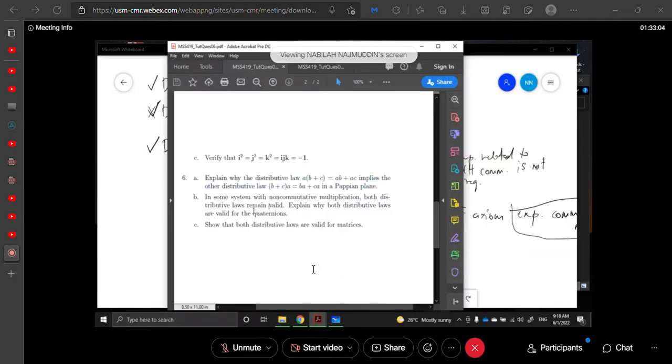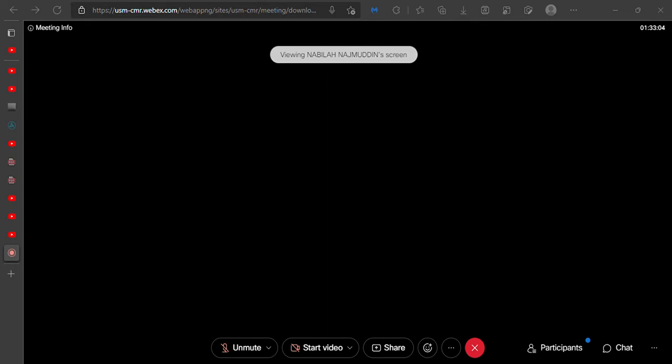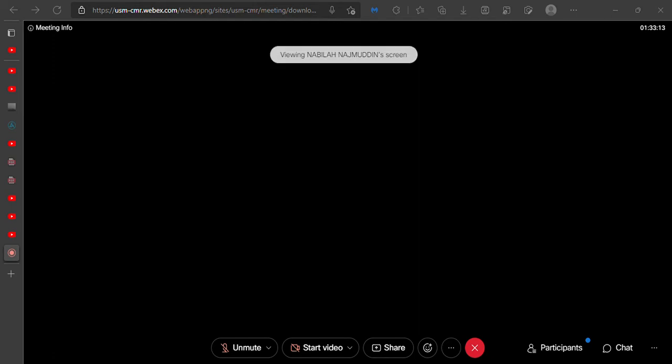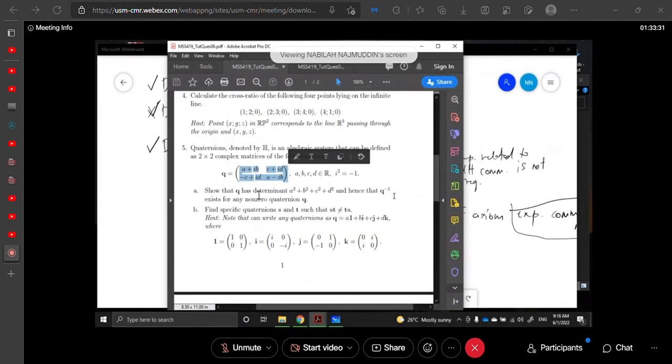But in the quaternions, a system with non-commutative multiplication, both distributive laws remain valid. Why are both distributive laws valid for the quaternions? Because the quaternion can be defined using a matrix system. Remember the complete matrix system. So this matrix system